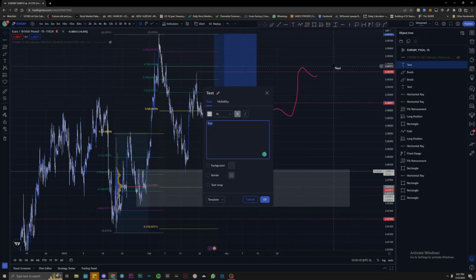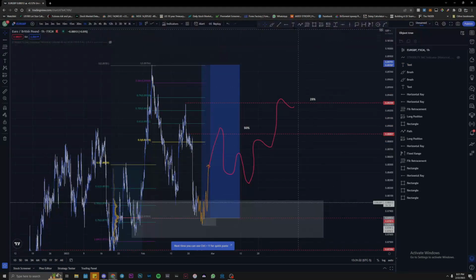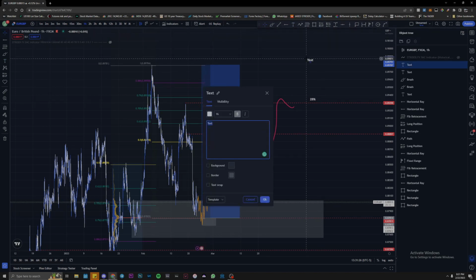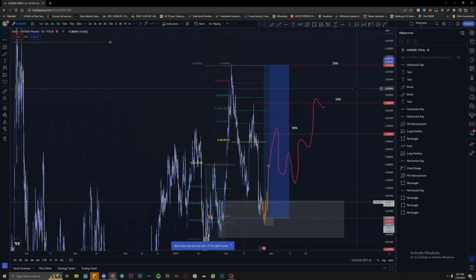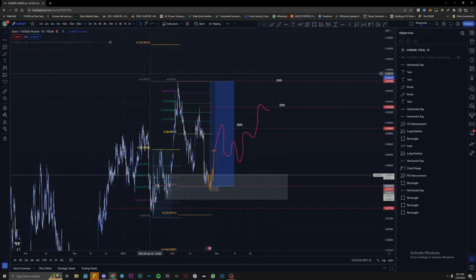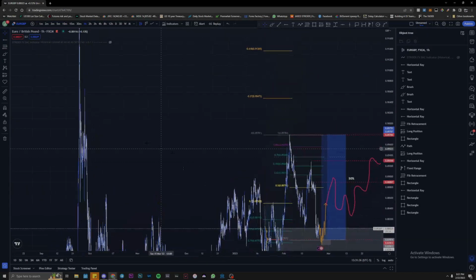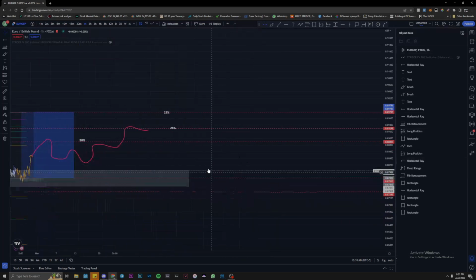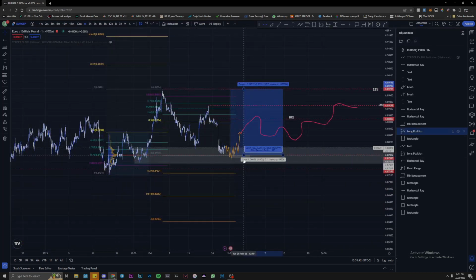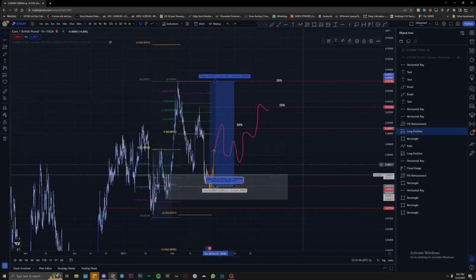What am I taking off here? 25% of my initial position. And then I have my final 25% resting up here as my final TP on these highs. Yes, you could hold this. Yes, there are other highs here, but you know what? I think you guys can agree that if we go back,